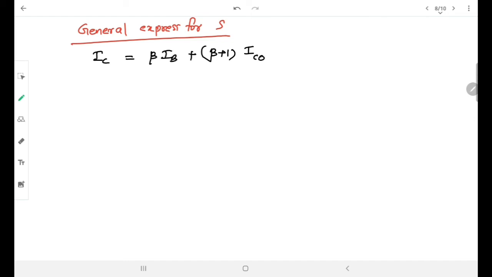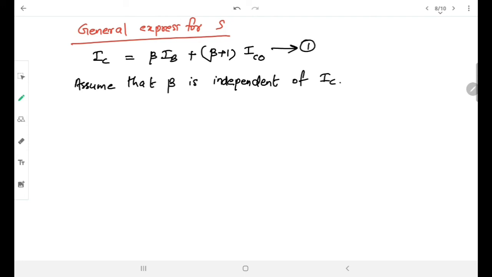Here we assume that beta is independent of IC, because we are finding the stability factor. So we differentiate equation 1 with respect to IC, and we get dIC by dIC equals, now beta is constant because beta is independent of IC,